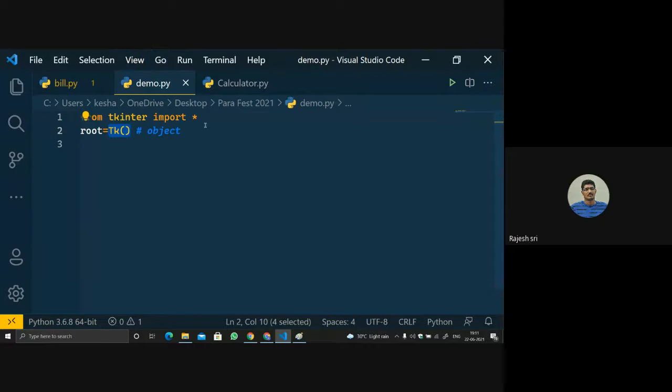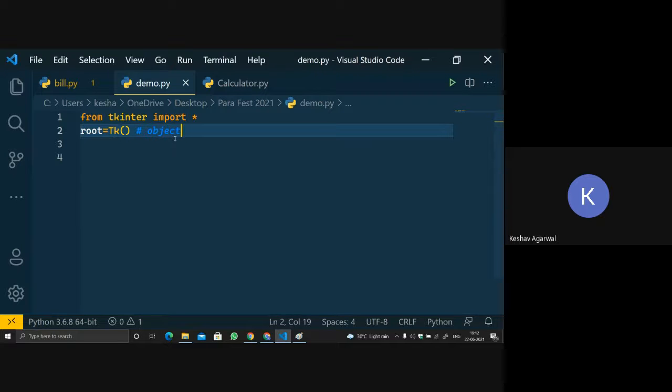Initially you told me that you don't want to import this or install it in your system. In that case, when we do this type of programming, should we connect it with the internet in order to get it from the internet? No. By default, it has been installed already. When you install Python, it comes along with Python only. Okay. So is it clear till now that we are declaring an object?